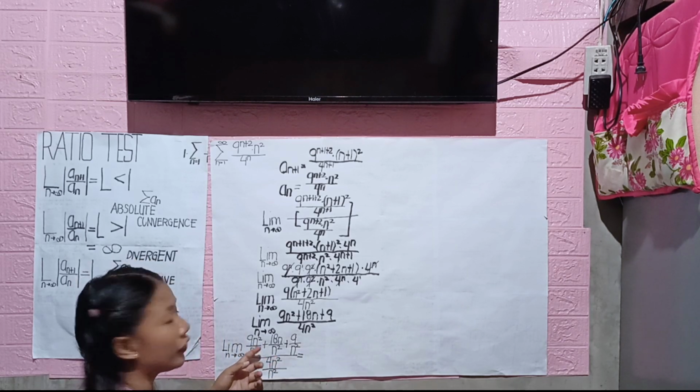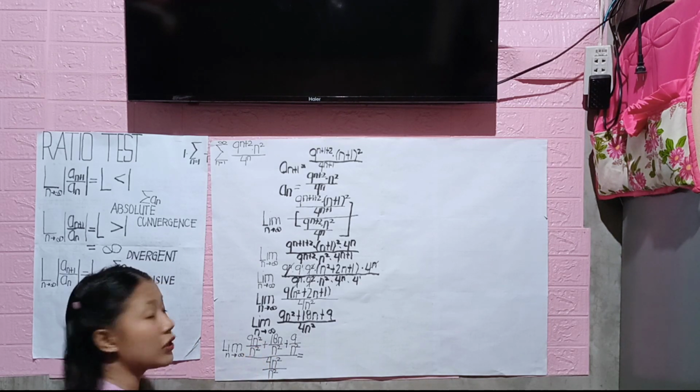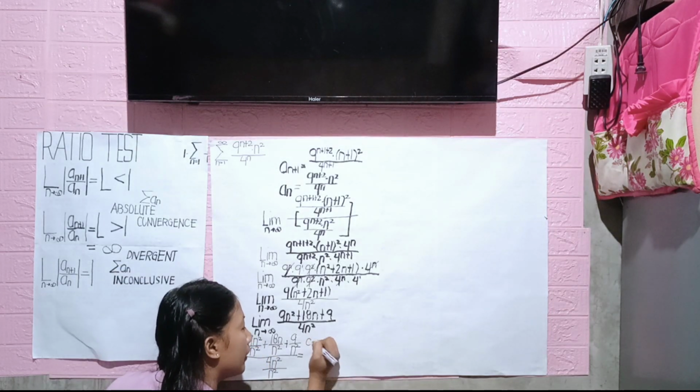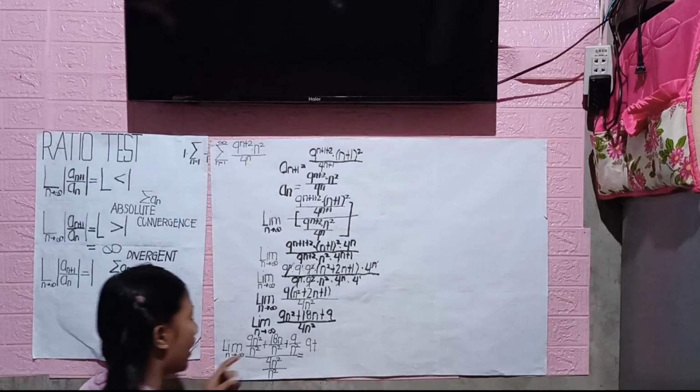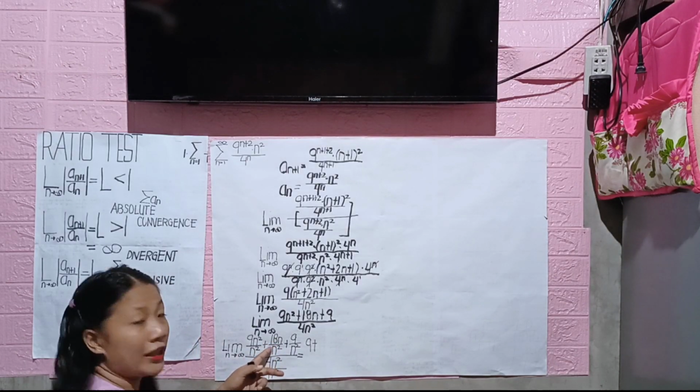So let's solve. So 9n squared divided by n squared will become 9 plus 18n divided by n squared